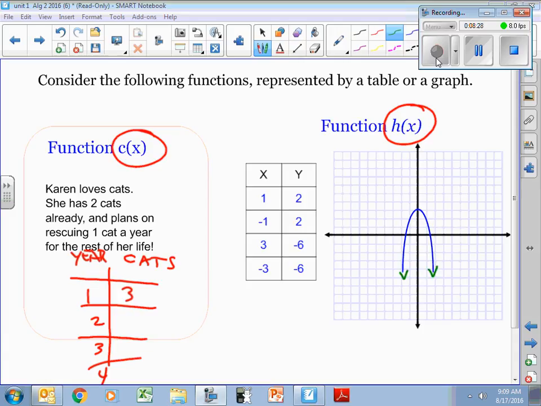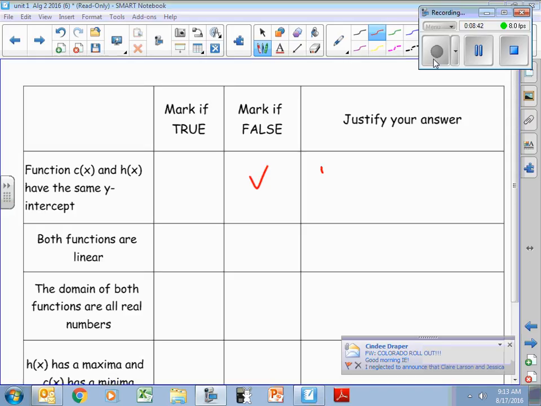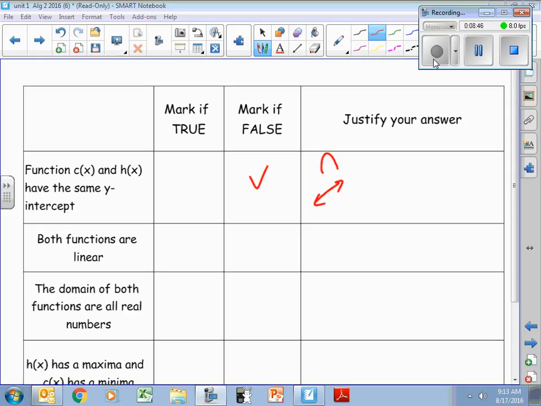Wait, and then so for linear. Hey, table 1. What do you guys have for question 1? True or false? False. And how do you know? False because the parabola has a different y-intercept. Say the y-intercept for the parabola and the y-intercept for the line. The y-intercept for the parabola is